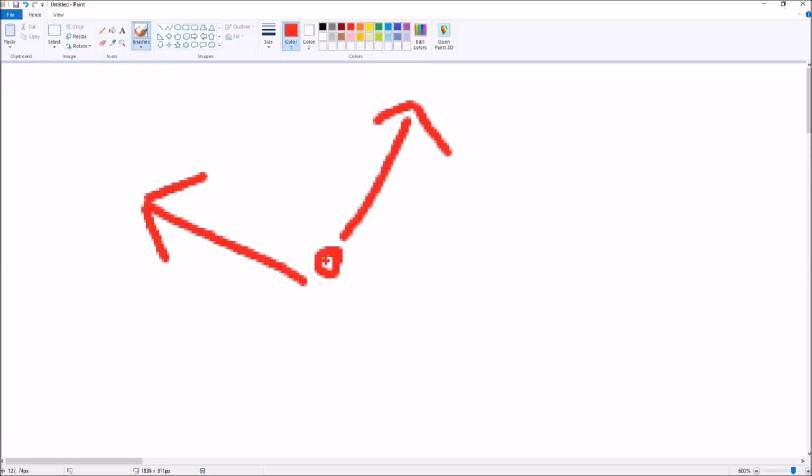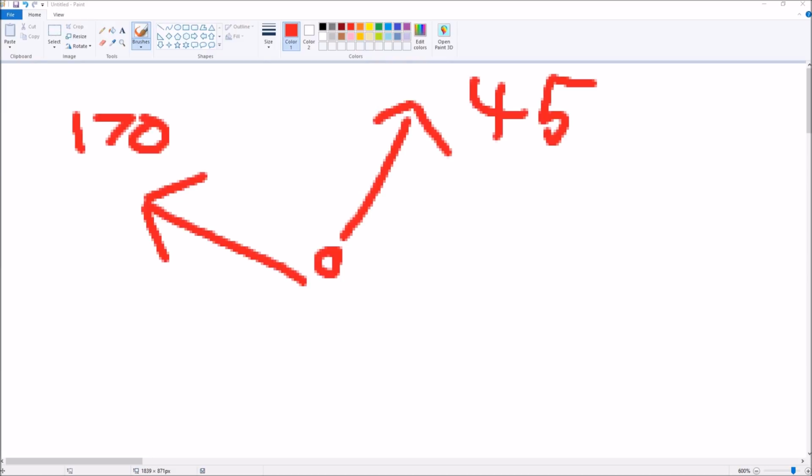Now this looks like it's roughly, I don't know, 45 degrees. This isn't 180 probably, but maybe 170. Okay, so the difference between 45 and 170 would be,